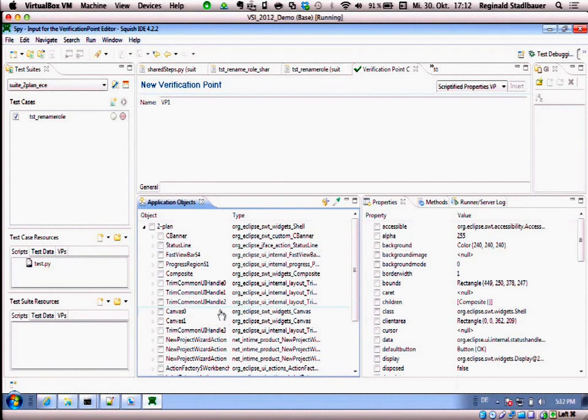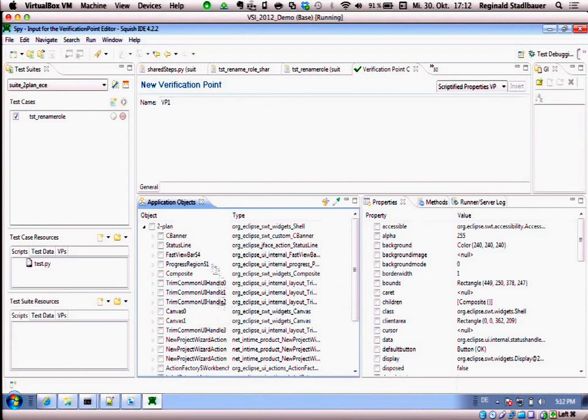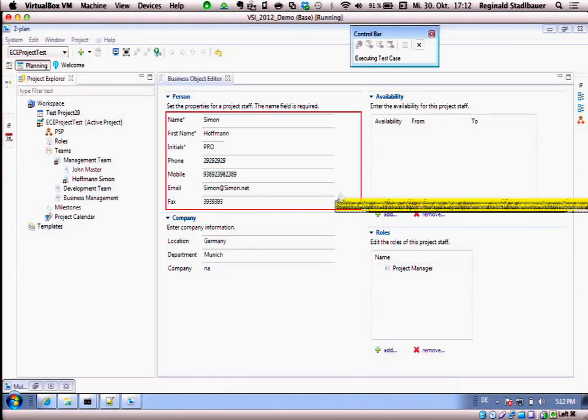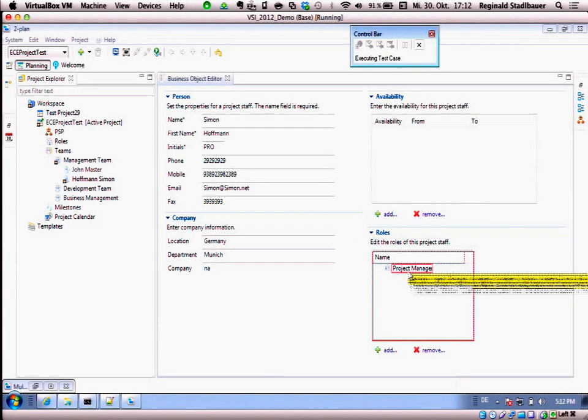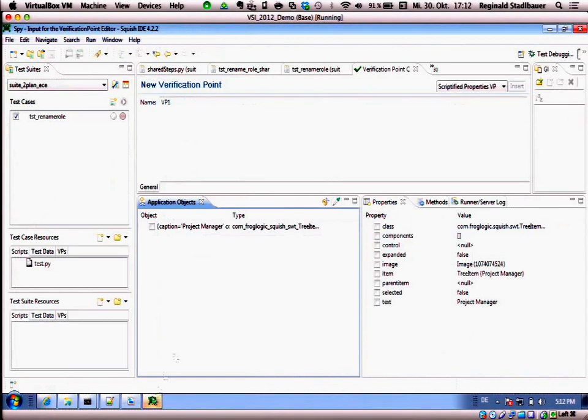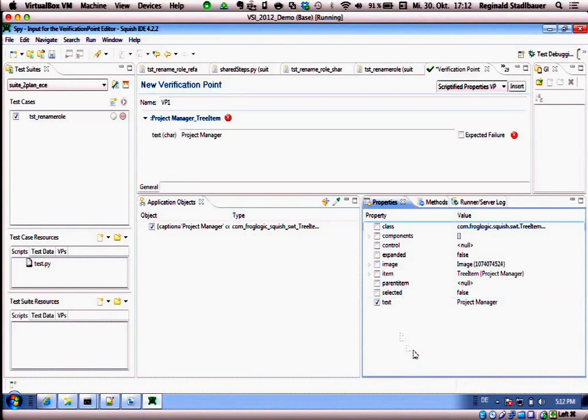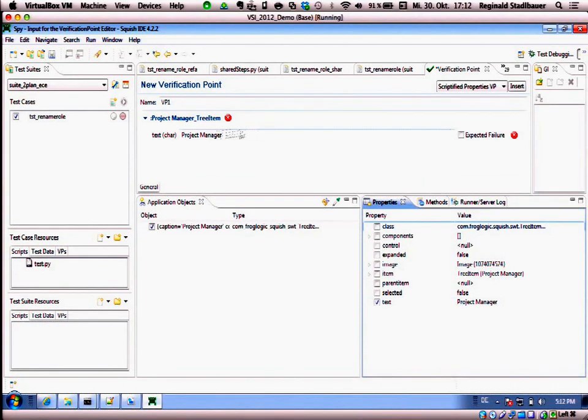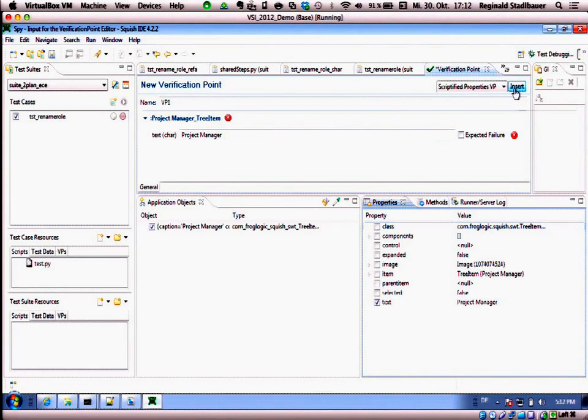When doing that, I'm able to drill down into the whole object hierarchy of my RCP application, since we bind directly to the Java virtual machine through introspection, so you can access any kind of objects which are available in there. But now finding the specific object, this tree item to inspect in this object tree would be rather